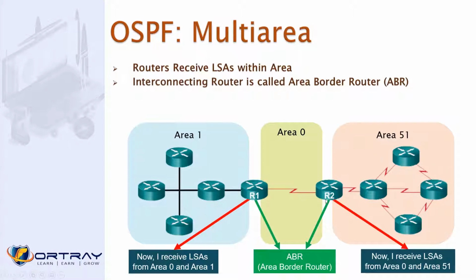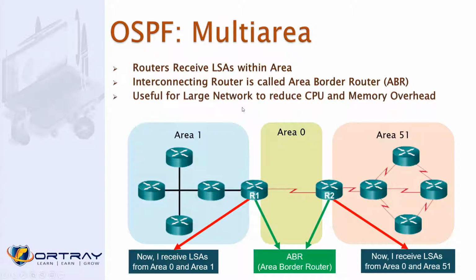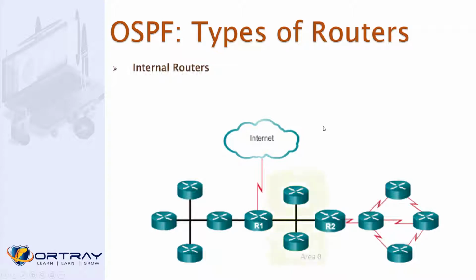So these two routers, for example R2, only care about area 51 and area 0. Similarly, this router only cares about any changes in area 51 and not any changes in area 1. Previously, when there was only one area, if any change happened to any router, all the routers needed to calculate the routing table respectively. But now we have just created small areas and divided the network into smaller multi-area OSPF. Why do we use it? To reduce the CPU and memory utilization.